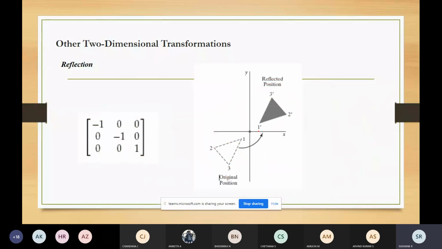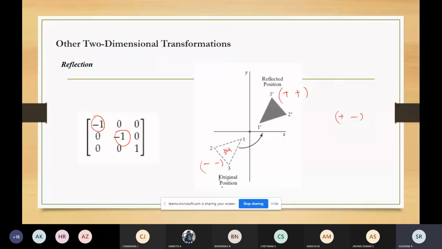Now again I want to get the reflected position. The object is in the third quadrant. Now you want to move that object to the first quadrant, meaning you want to get the reflection of this object. For that, both the values will be negative. When both the values are flipped, it will move to this position. They are just checking the coordinate signs. Here it will be negative negative. If you apply negative negative to this, it will become positive positive, which is in the first quadrant.